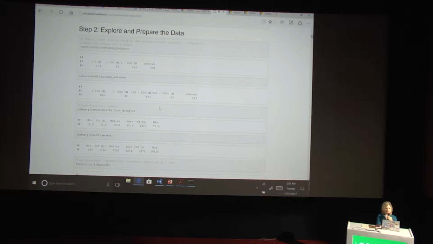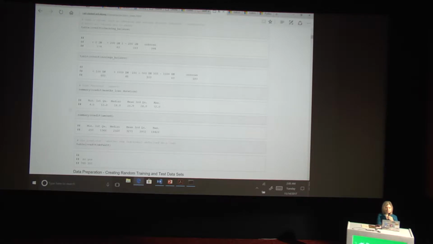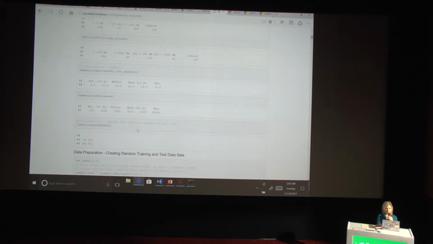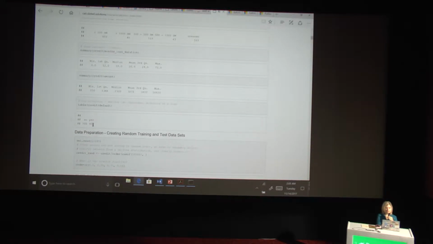There's savings balance. You see it there, a similar situation: less than 100, greater than 1,000, 100 to 500. And you can start getting an idea for which people are responsible with money and which people are kind of not, right? The month's loan duration, those are the distributions there. The credit amount that they're asking for. And then this is the crux,